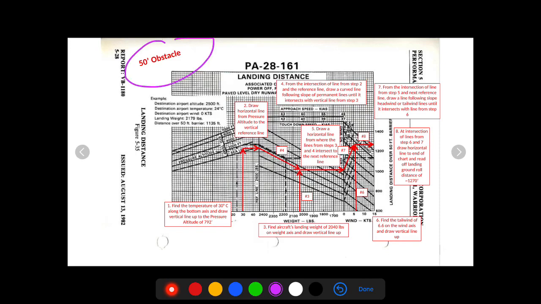For distance over a 50-foot obstacle, that's the landing distance chart. We start at 30 degrees and draw our line up to our pressure altitude of 792. Draw that line over to the next reference line, then follow these diagonal lines parallel until we reach our weight of 2,040. At that intersection, we draw a straight line over to the next reference line, then draw a line up parallel to the diagonal lines for our tailwind, and meet that with our tailwind value line. At that intersection, we go across and get a landing distance over a 50-foot barrier of about